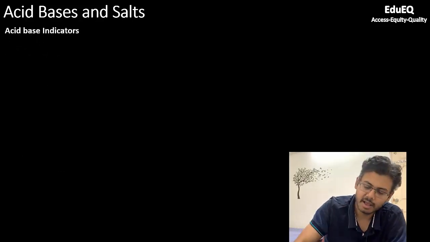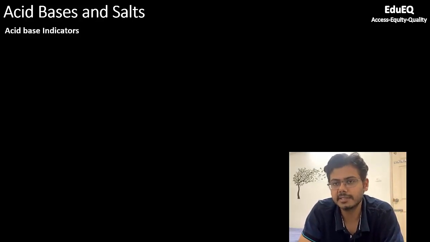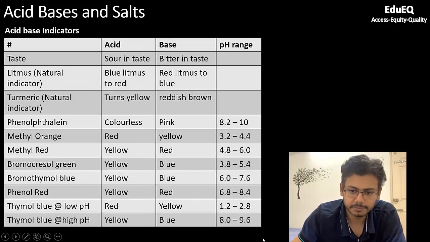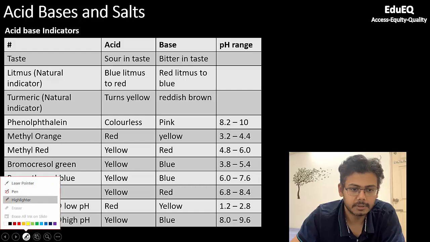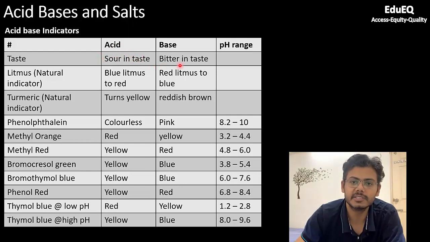As you all know, acid is something which gives hydronium ion or H plus ion, and base is something which accepts H plus ion or gives hydroxide ion, OH minus ion, when it is put in water. Taking those properties further, let us look at some characteristic properties of acids and bases. Let us start with the taste. All acidic compounds generally taste sour and all bases taste bitter. So this is a very classical definition.